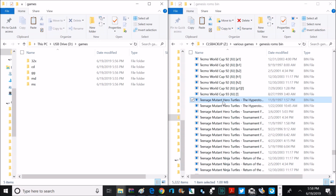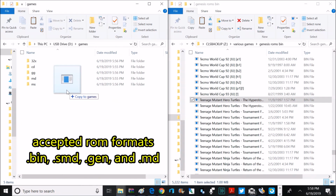Every time I back out of a game, it takes a little bit longer for that main menu to load. I'd recommend, if you want this to work as fast as possible, to add 100 games or less, but that's up to you how many games you want to try to add. The more games you add, the slower it may be. So for right now, for demonstration purposes, I'm just going to add 1 game. So I'm going to drag 1 game from my computer here and drag that over to the Megadrive or MD